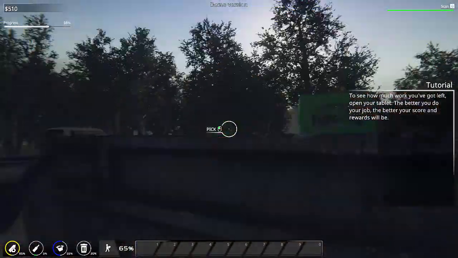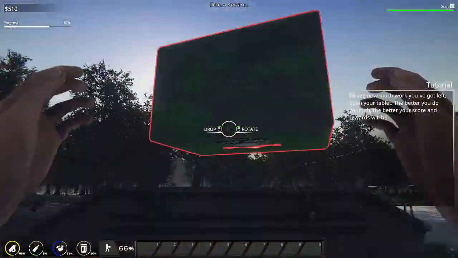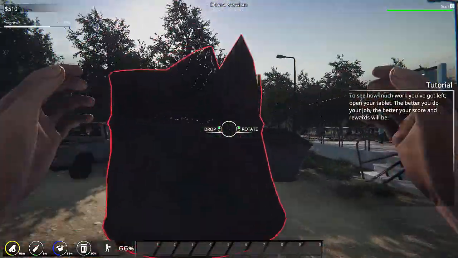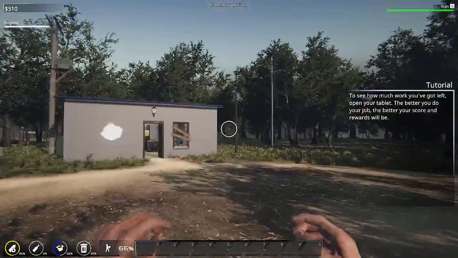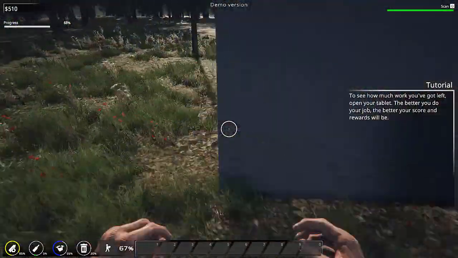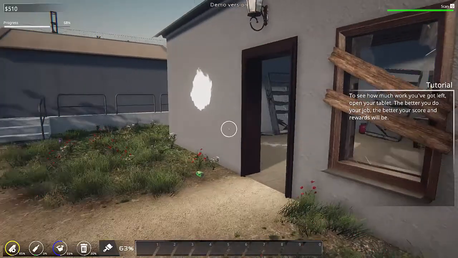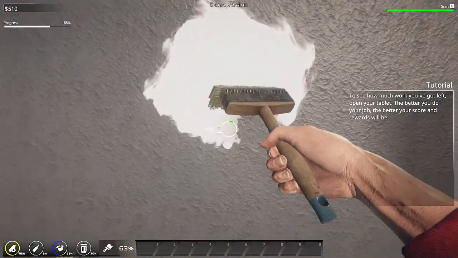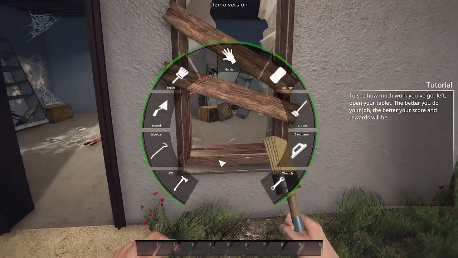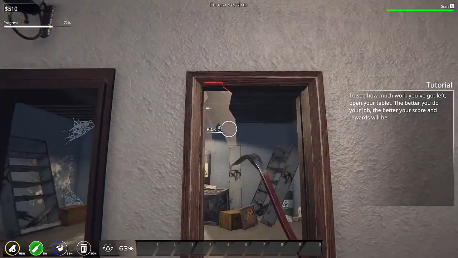Let's get this in there. And this. Some sort of half-broken barrel here. Guess they're making fires in it. Looks like that's it for the outside. Let's do a little bit of painting here to get this wall back up to standard. Boom, done. Okay. Now if we take out these broken planks and glass,